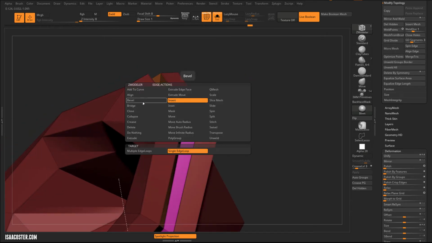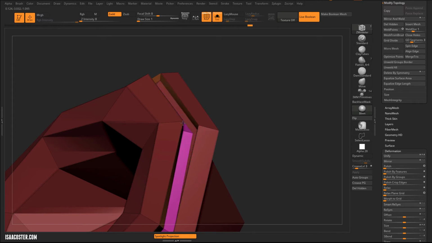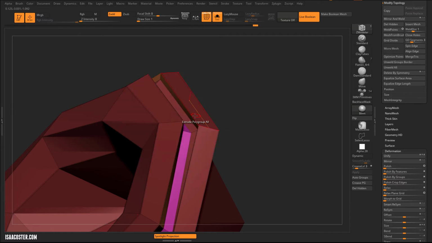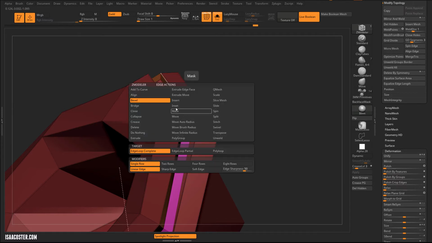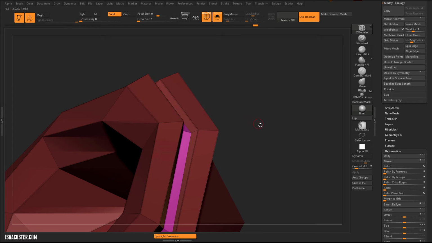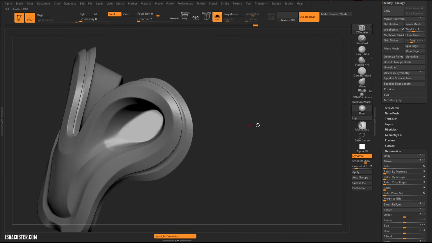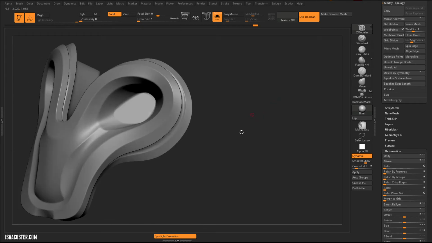Let's throw a little bevel on here. And I'm going to get rid of this edge here. So we'll do, what is that? Make sure I'm on the edge one. Insert, hold Alt. So all kinds of things you can do to quickly and easily add detail if your geometry is set up